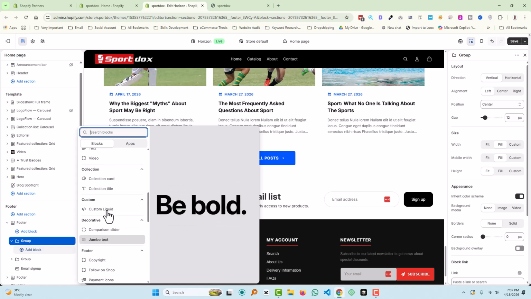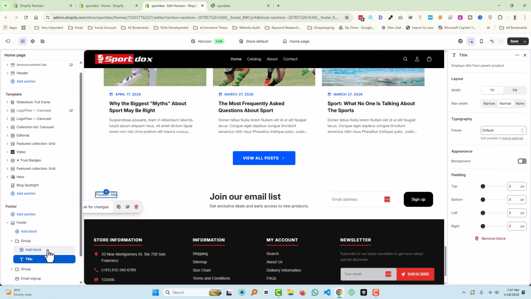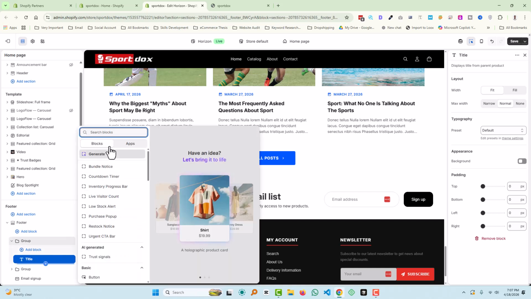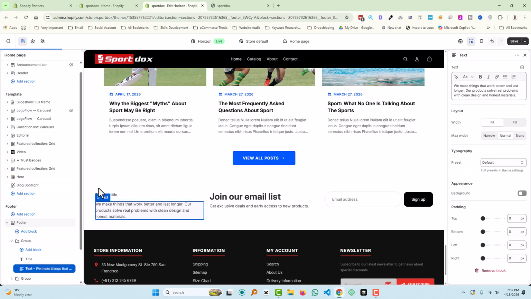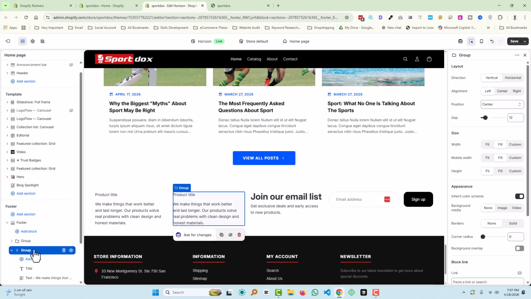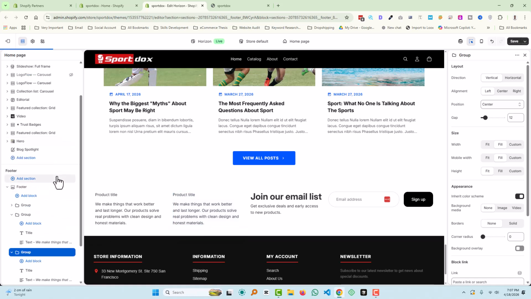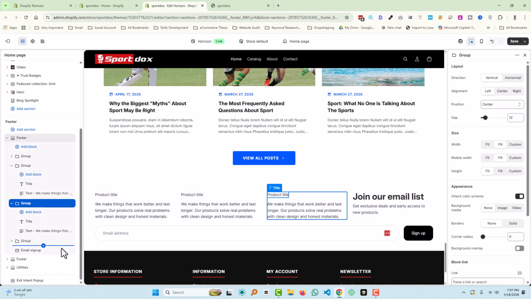title. For example, title, and we can add text in here, text. You see, we have added title text in this group, and we can duplicate it. Here is another. We can duplicate another one. Perfect. We can also remove the email subscription from here,